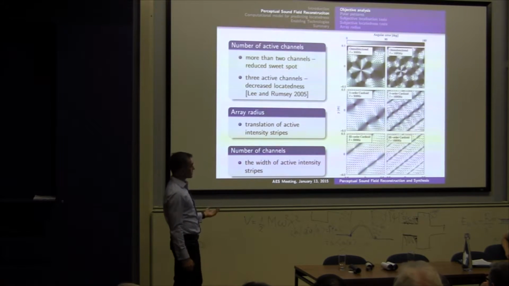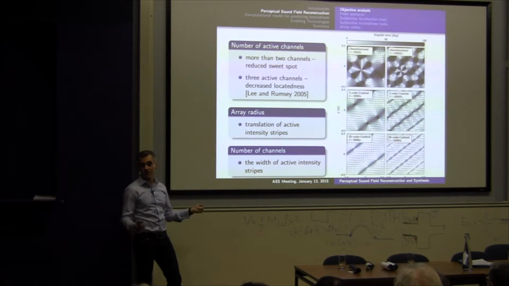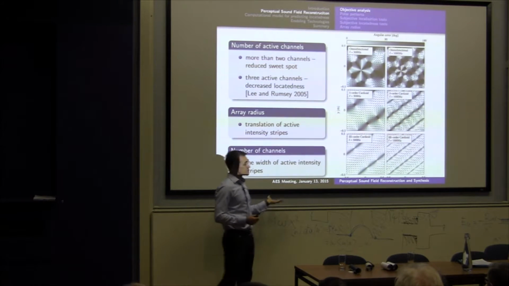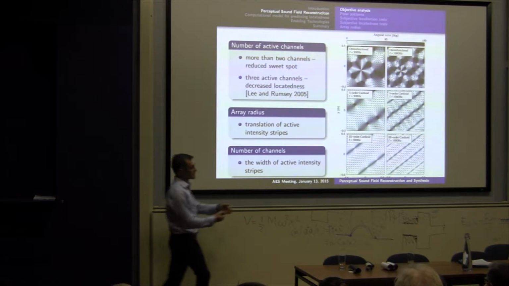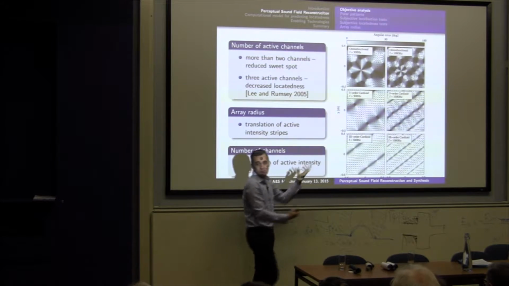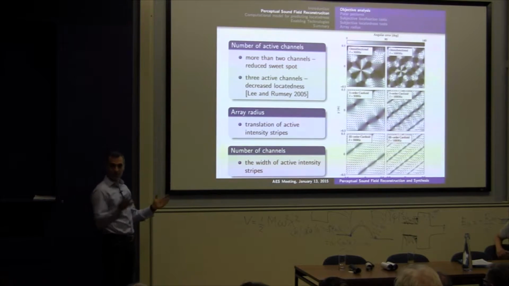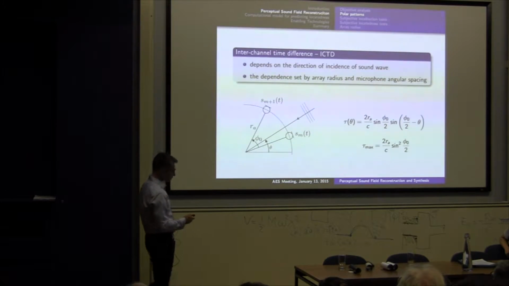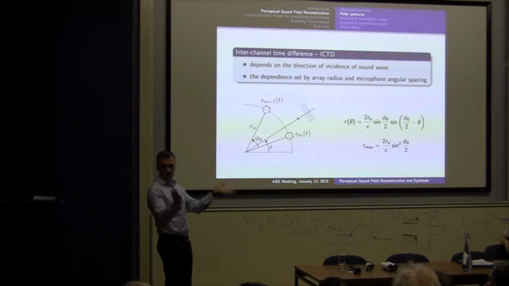Another thing that we can evaluate in this way is the effect of the number of channels. Of course, the more the merrier. If we have more channels, we can do better. But we are able to do some quantitative characterization of what happens. If you have more channels, then the width of these stripes becomes wider, and we also have a closed form expression for exactly the impact of the number of channels on the width of these stripes. So now we decided each direction will be reproduced by just two adjacent channels.